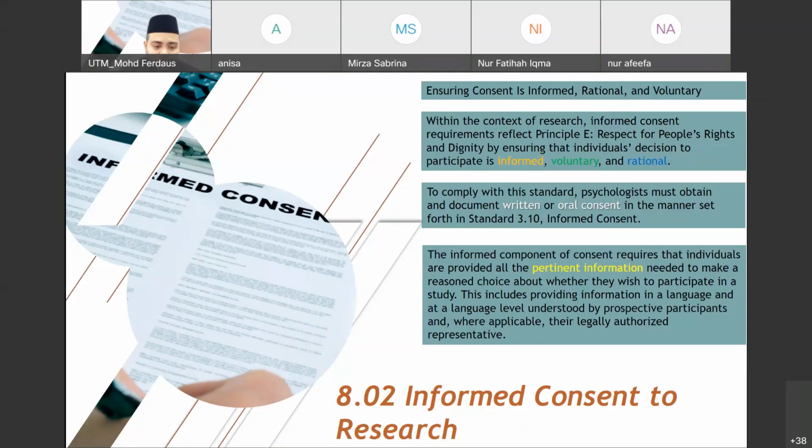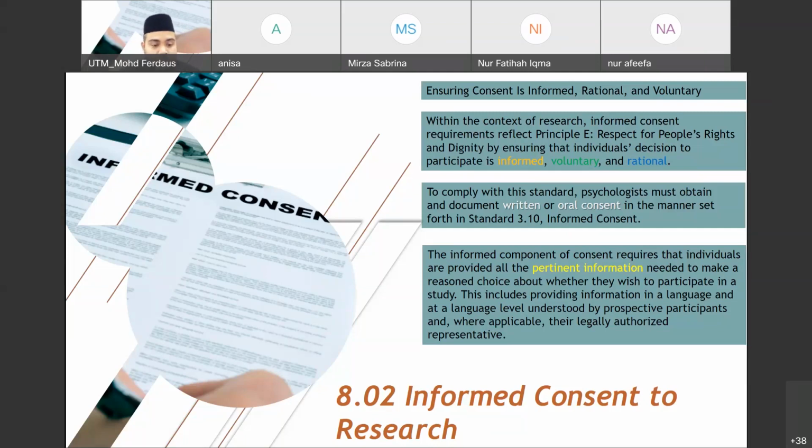Okay. Say for example, you are doing research, but not in Malaysia. You're doing research in Indonesia, for example. Your research, basically, you only understand English and Malay, and your potential respondents don't really understand your English or your Malay the same way. So you need to find some local who understands you, and then you need to ask them to explain on behalf of yourself and on behalf of your research.